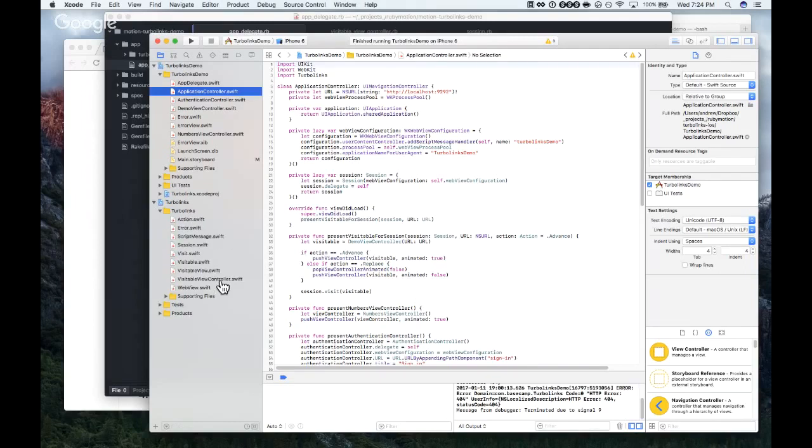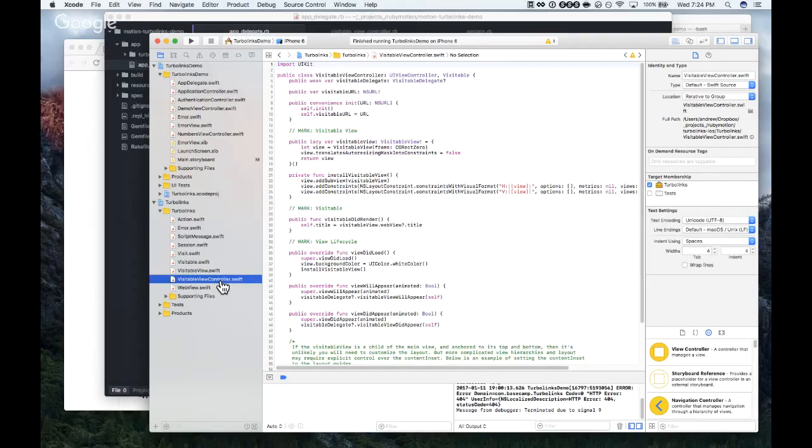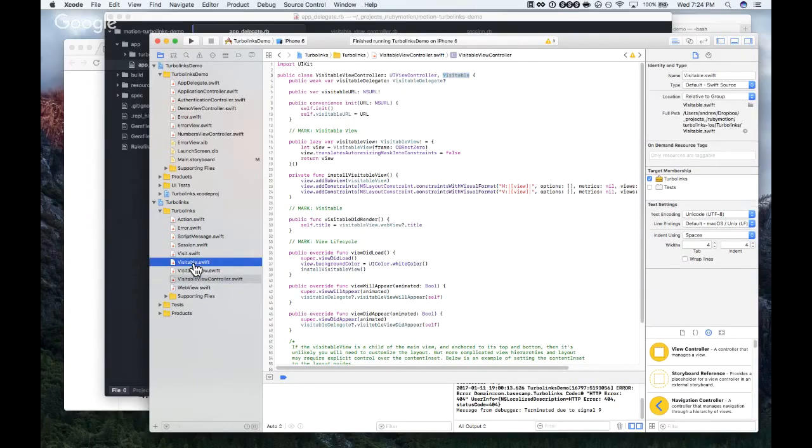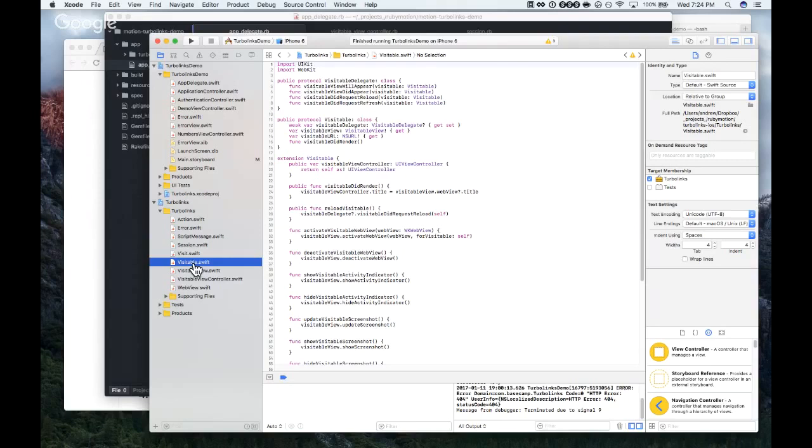So TurboLinks visitable view controller subclasses, so it implements the UI view controller and the visitable. Is that a protocol or is that another class? It's a protocol. Okay.